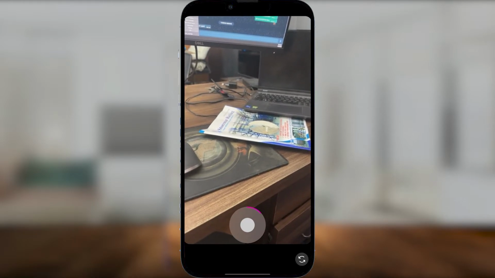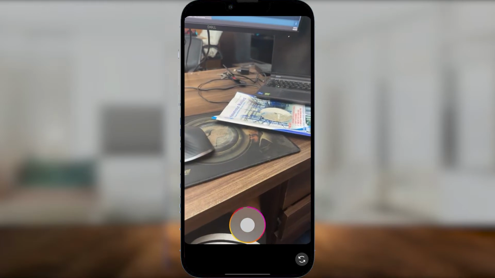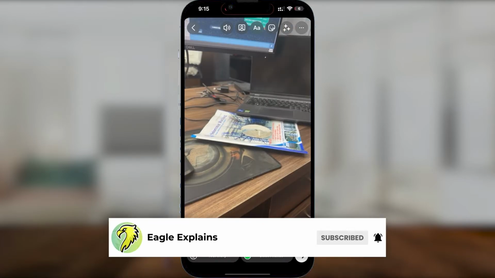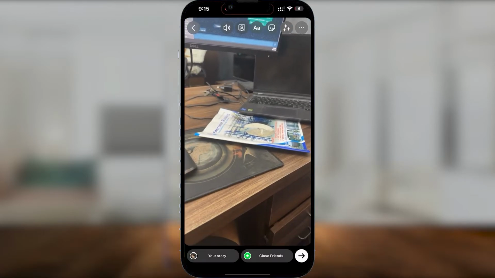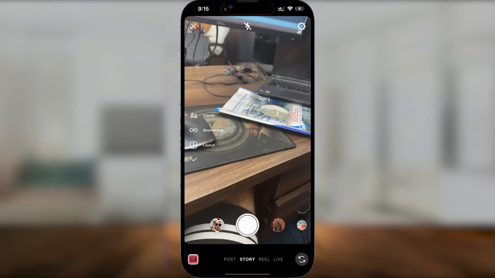But if you press and hold and keep on pressing it for more than 15 seconds, well then over here I'll show you what happens. Once you are about to complete your 15 seconds, after that your post is going to be saved over here. But as of now, if you were to just simply upgrade your Instagram to the latest version, that